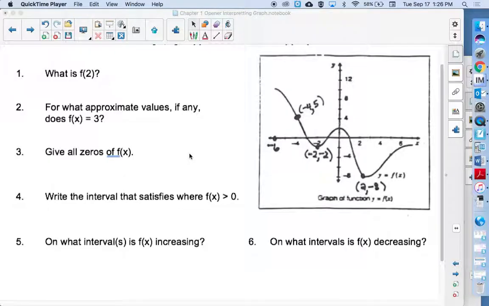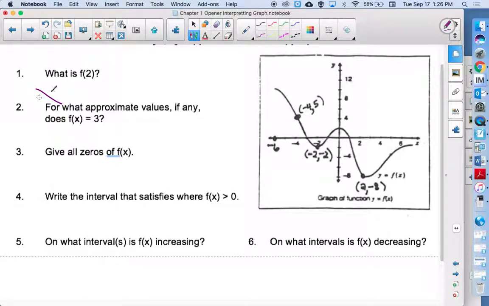is f of 2. What does it mean? What is the question asking for, Kevin? When x is 2. Yeah, so anything in parentheses is x. Outside is y. So this is saying, if x is equal to 2, I need to find its corresponding y, because together they make